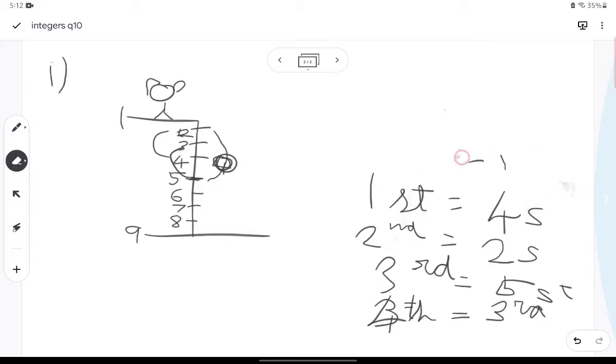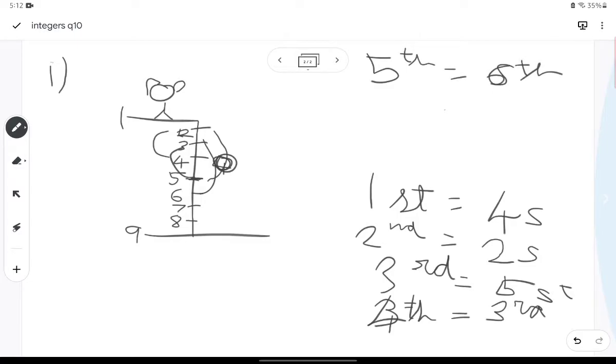I don't have space over here, so I am writing it over at the top. So in the 4th jump the monkey will be at the 3rd step, and as he has moved up, now he needs to go down 3 steps. So he will be at the 6th step. 5th time he is at the 6th step. After the 6th step, he needs to go 2 steps up. So 6th time, I mean 4th step.